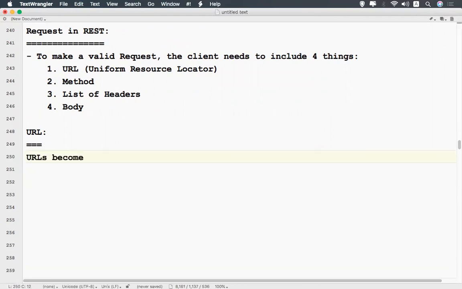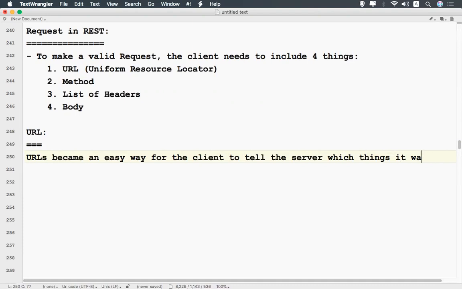URLs became an easy way for the client to tell the server which things it wants to interact with, and those are called resources.